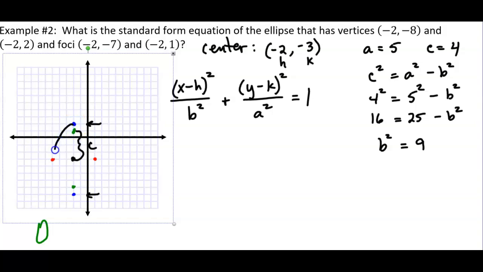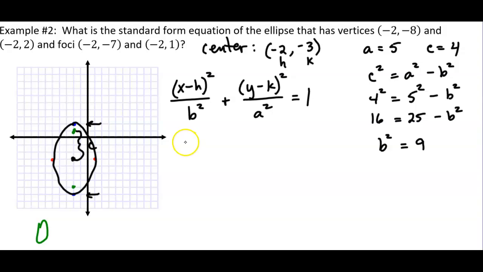The ellipse is going to go through the vertices and the co-vertices. It's going to look better than that if I could draw an ellipse, but that's how it is. And I have enough information to get the standard form. They didn't ask us to graph it. I just think it's helpful to graph it sometimes, and it's a little bit of practice too. So, we know a squared, we know b squared, we know c squared. Well, we just need the a, b, h, and k.